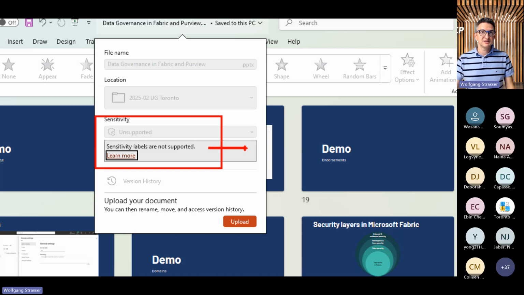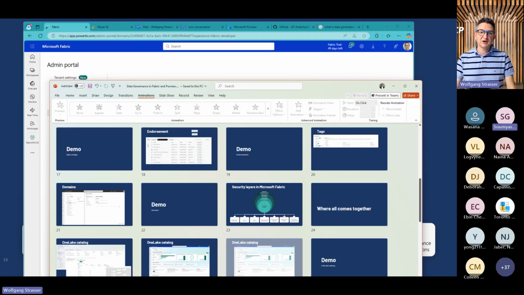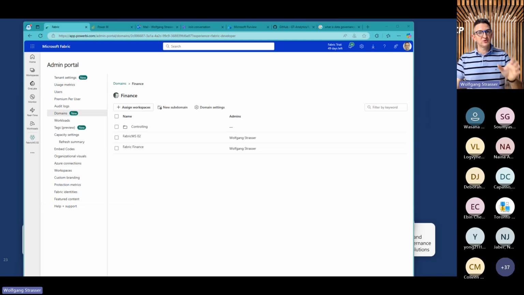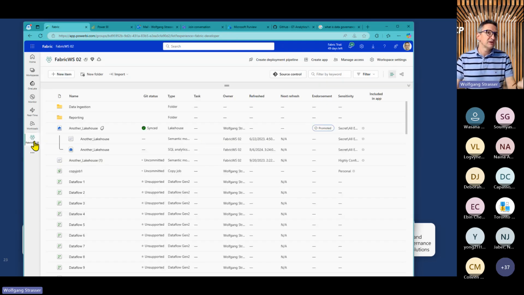But you can add a sensitivity label to a document, like internal only, can be shared with external people, highly confidential, and so on. Those sensitivity labels are part of Microsoft Purview and also the Microsoft M365 world. But sensitivity labels are also integrated into Microsoft Fabric.